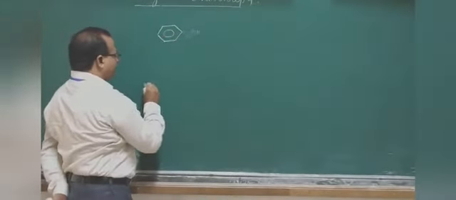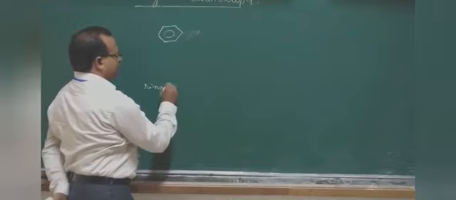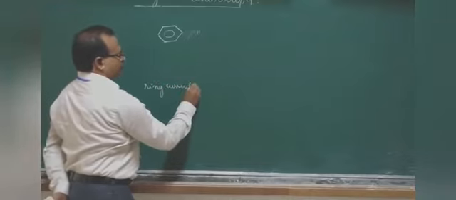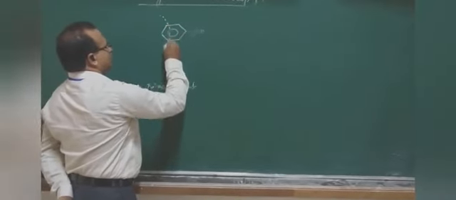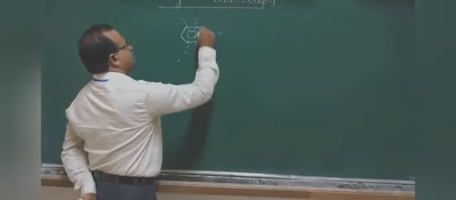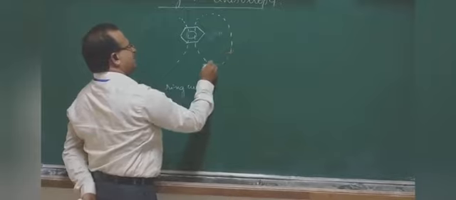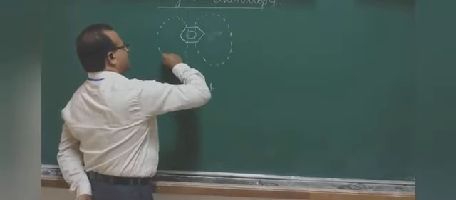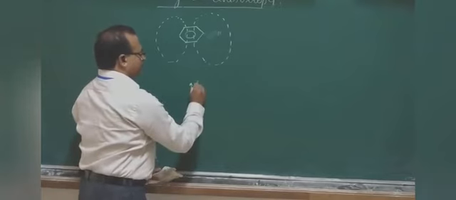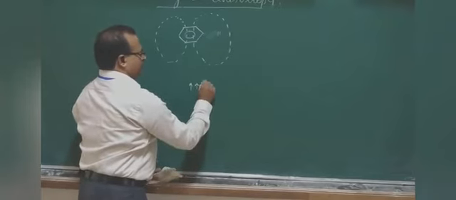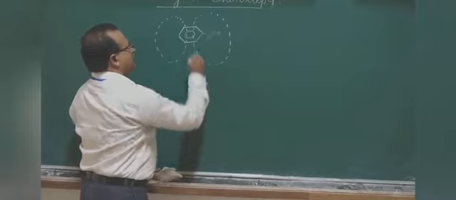We call these ring currents. By the formation of the ring currents, it forms a secondary magnetic field. This is the direction of the applied magnetic field, and